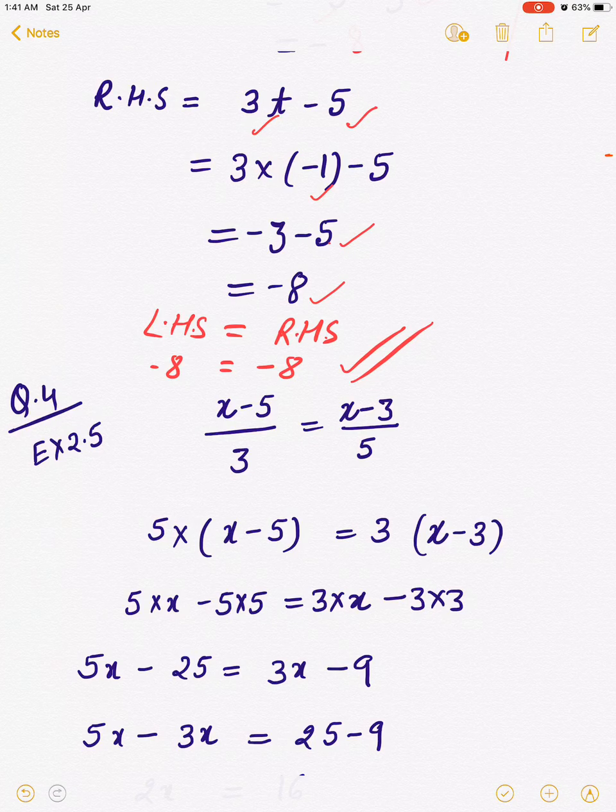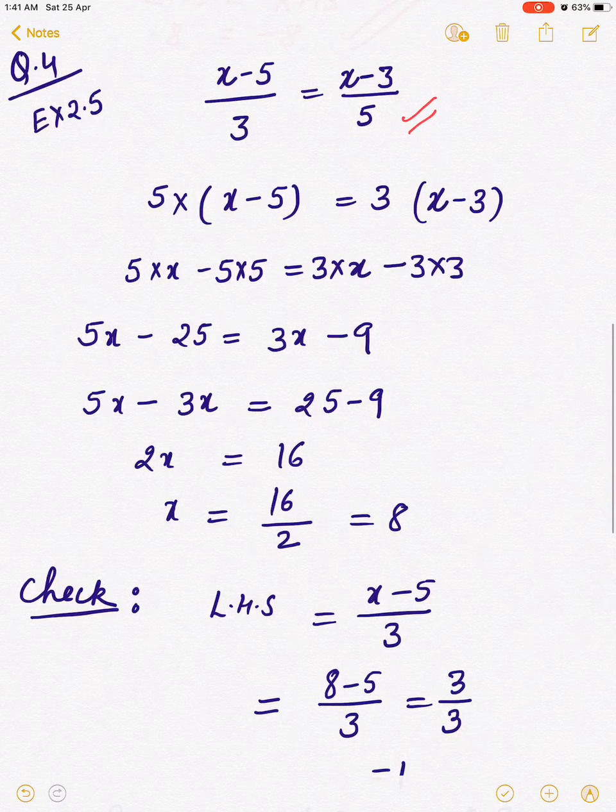Okay children, now I am telling you one more type of example where a little bit tough question is written. And we will reduce it into simpler form. How to reduce it into simpler form? I will take this 3 on right side. So when it will be transposed on right side, this is in division right now. When it will go on right side, it will be in multiplication. Similarly, when this 5 will go on left side, then again it will come in multiplication.